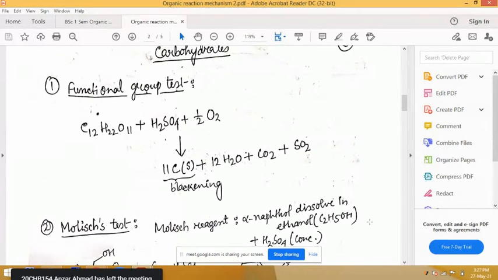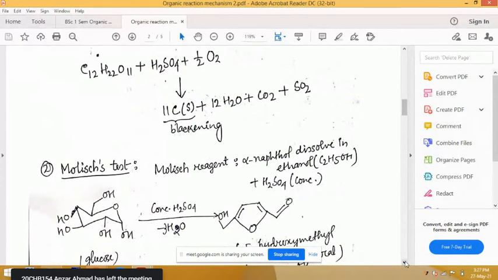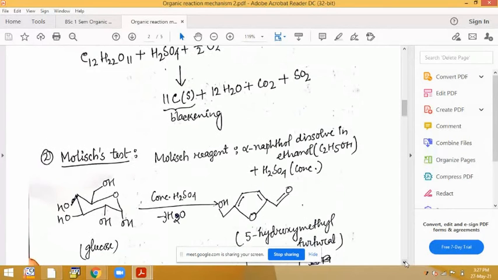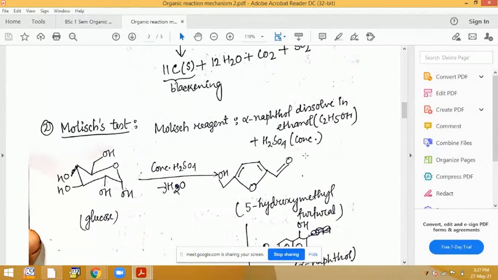The second functional group test, very specific for carbohydrate, is called the Molisch test. And what is Molisch reagent? Molisch reagent is alpha naphthol dissolved in ethanol, that is C2H5OH, and also we add concentrated H2SO4. This reagent is called Molisch reagent. And when you add Molisch reagent to glucose solution, and also 2-3 drops of concentrated H2SO4, it forms